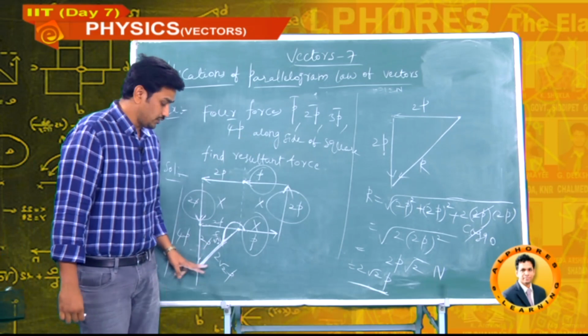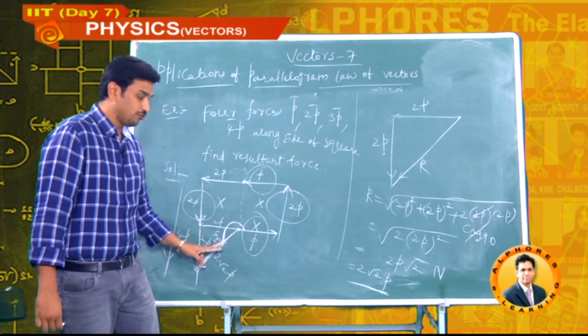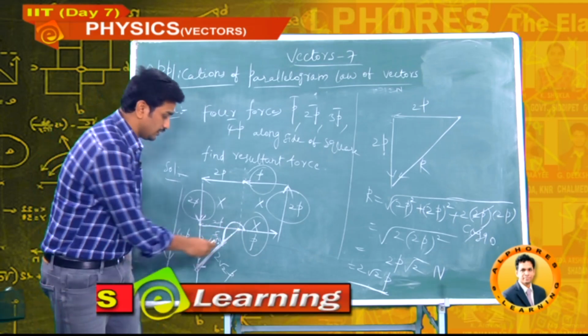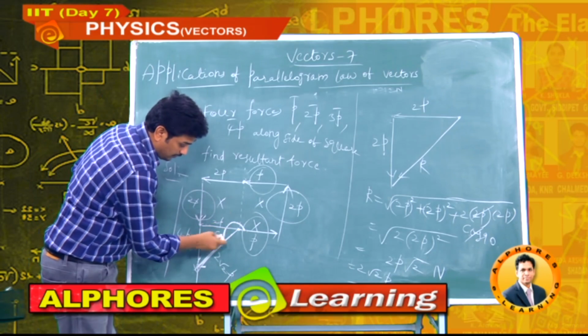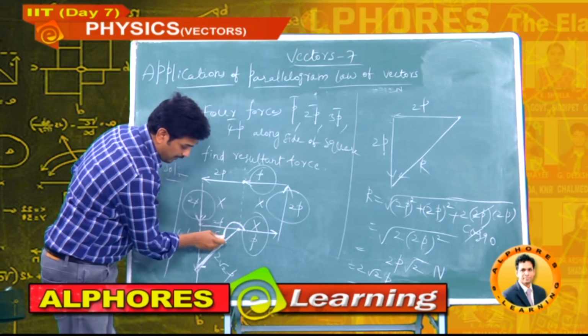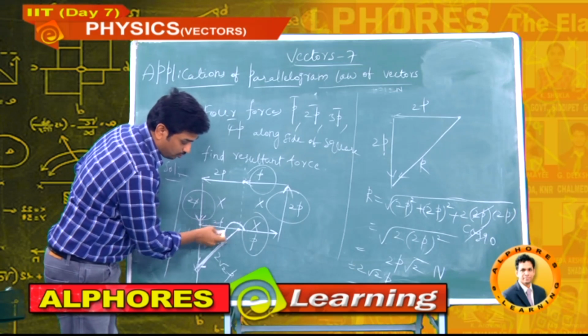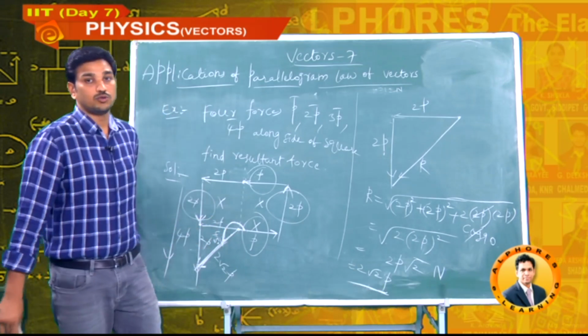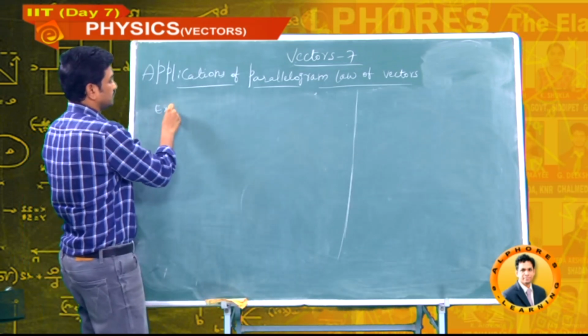What is the direction of this resultant with respect to p vector? It is making an angle of 225 degrees because this is 180. Now for the remaining part, opposite by adjacent side, let it be, I don't know this angle, 2p by 2p is 1. So tan theta is 1, it's a 45. Total 180 plus 45, 225 is the answer. See, next one more example.